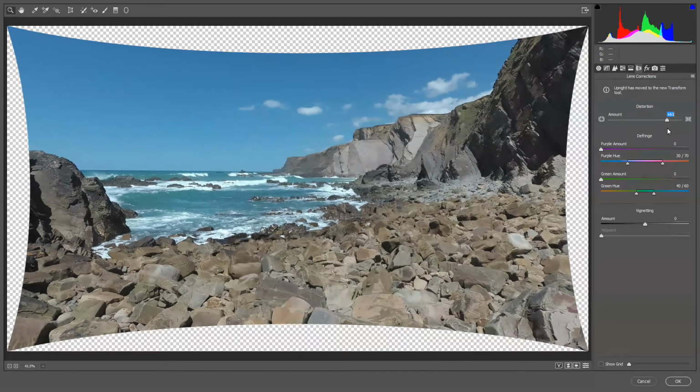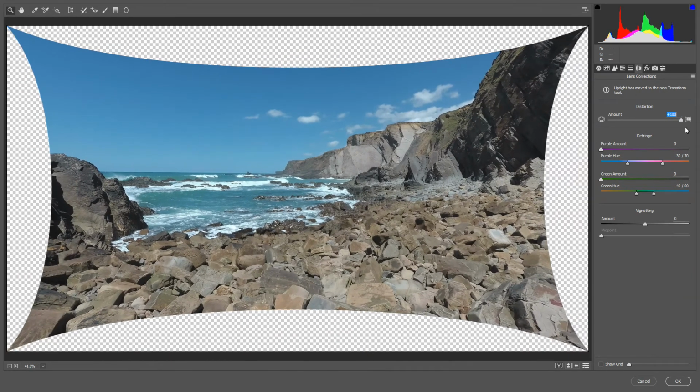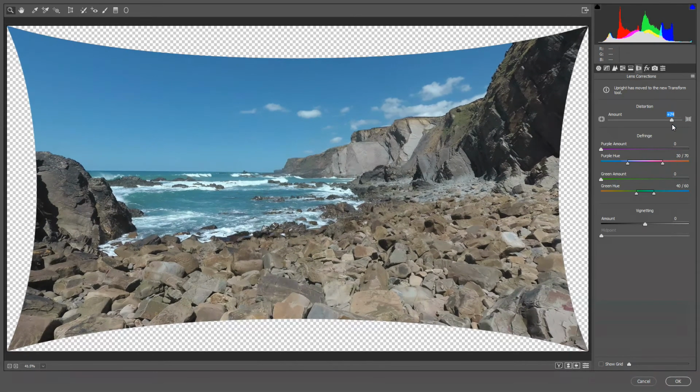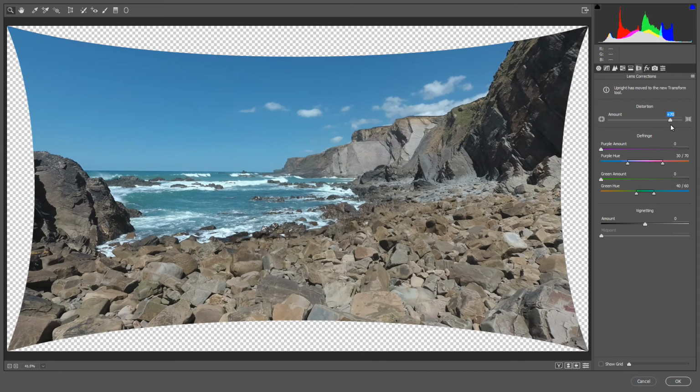But you need to bear in mind, the more you push it to 100, the more you lose off the sides, and the more the picture will be cropped and hence be further away from being 4K. So for this purpose, I'm going to put it to 70,